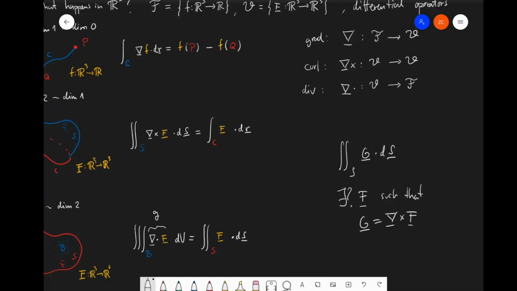Because curl and div don't look like the derivative of the field, right? They look like we are asking something quite special. We're saying the curl is somehow telling us how the thing is twisting, and the divergence is not even a vector field. It's some scalar that is telling you how much it's expanding. So it looks like we're losing information in both questions. One is about the twisting and the other is about the expansion. But it seems that there's more to how the vector field is changing than just expansion and twisting, right? You agree with that? Yeah, definitely. Okay, so then the point is that the general question moves to